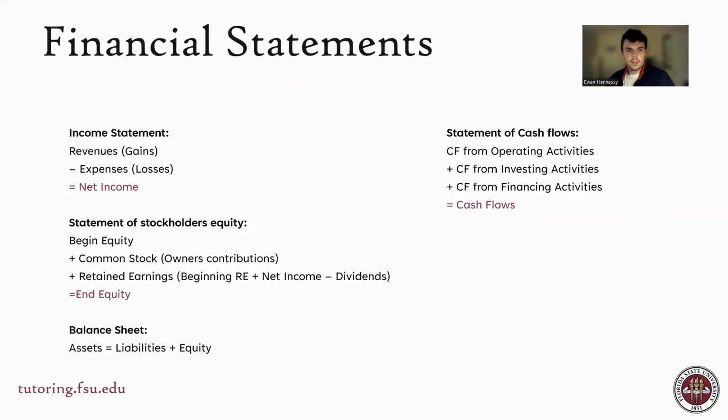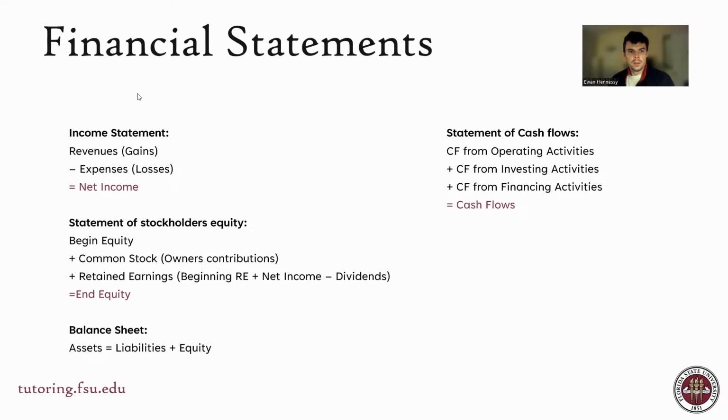Let's take a look at the financial statements. So our income statement, super high level, is your total revenues minus your expenses. You can also have gains, which are treated similarly to revenues, and losses, treated like expenses. So your revenue minus your expenses, plus any gains minus any losses gives you your net income